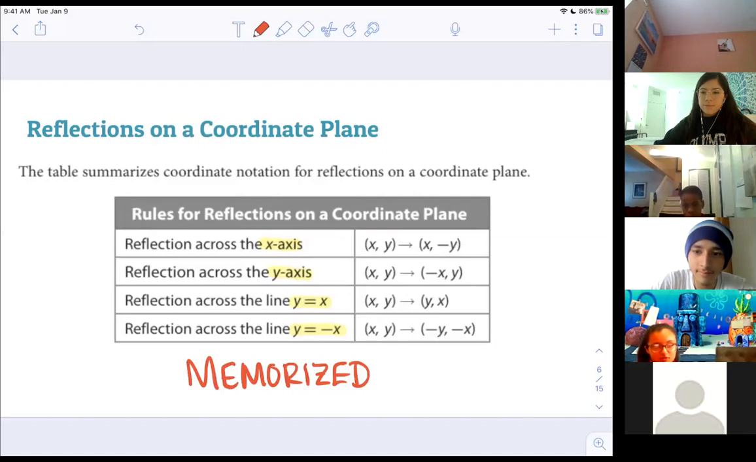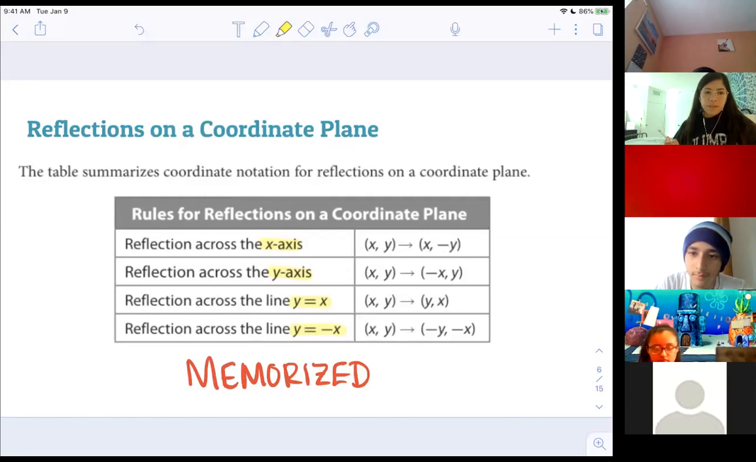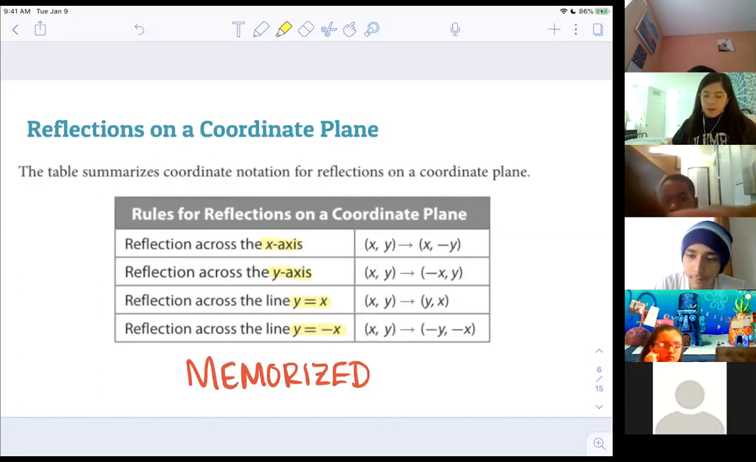When the y is negative, the x is positive, and when the x is positive, the y, I mean, the other way around. You get it, right? Okay, so notice when I reflect over the x-axis, which one turns negative? The y, exactly. When I reflect over the y-axis,